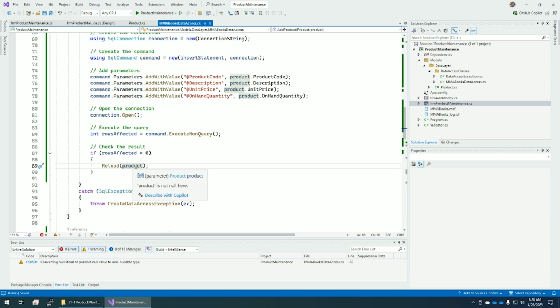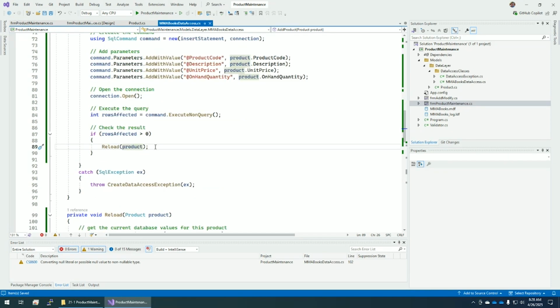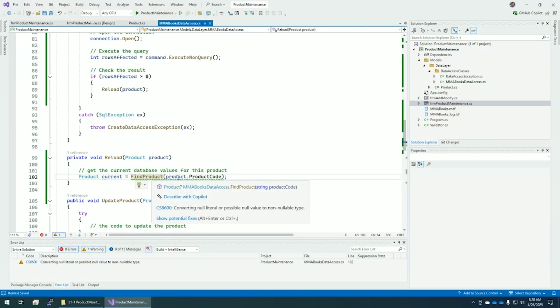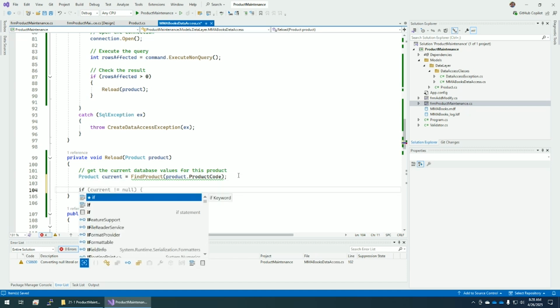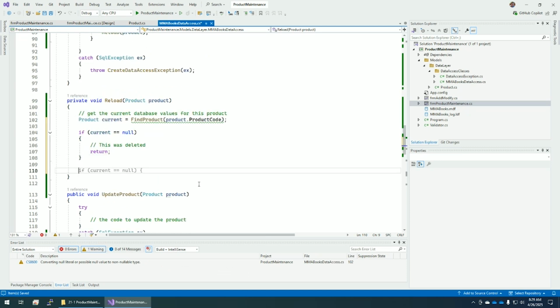And we're reloading this entire product. Part of that product is a product code. So we're going to run this find product on the product code to get whatever the current thing is. Now remember, find product could be null. So if current is equal to null, then this was deleted. Okay, otherwise,